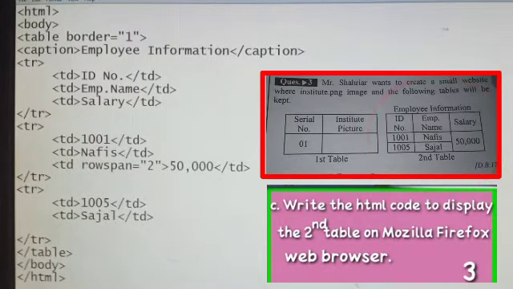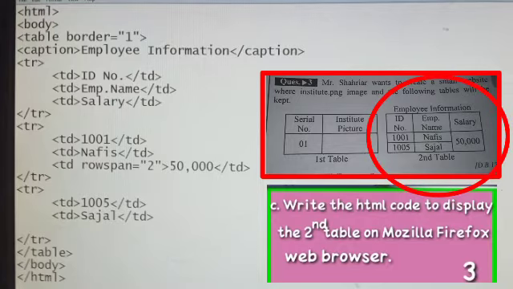This is HTML coding. First, the HTML tag. HTML tag indicates that this web page is written in HTML. That means this page is declared as an HTML document. And this closing HTML tag indicates the closing of the web page. And this is the body opening tag and this is the closing body tag. The body tag holds the content of the web page: text, image, link, heading, etc.